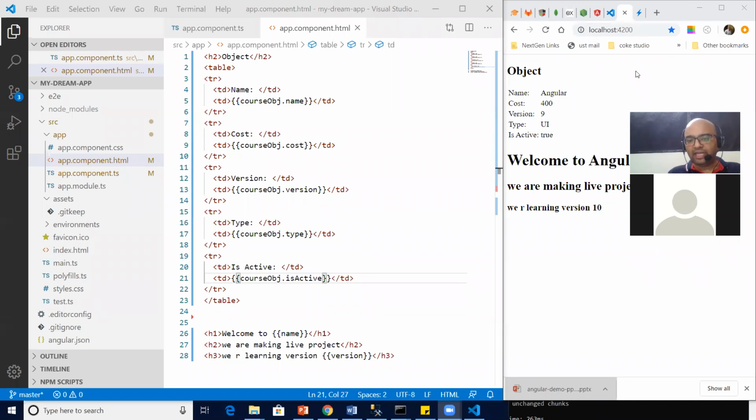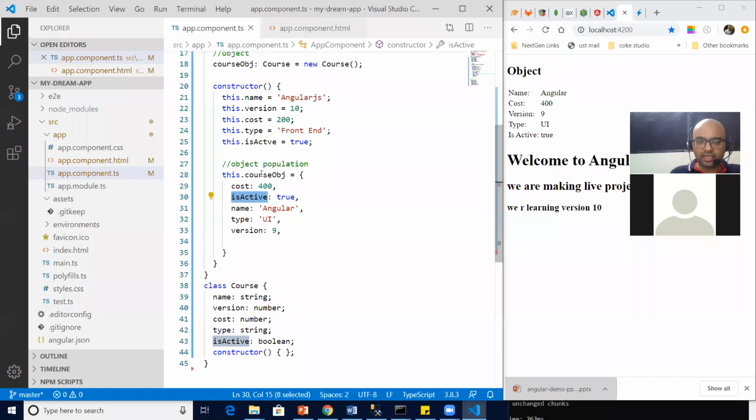Okay, so my question from your side, guys, tell me honestly, does it look easy or not? Is it fun or not? I mean, are you enjoying it or not? The way we are simply creating it in the code behind file, I mean class file, and then in HTML simply printing it. Are you finding it easy? Are you finding it simple? Are you finding it neat and clean, I should say? Simple approach. Okay. If you are impressed, then we see the next thing.